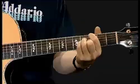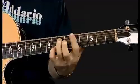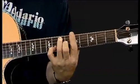Let's have a listen to the difference it makes in sound. 1, 6, or 2 dominant, or 5,